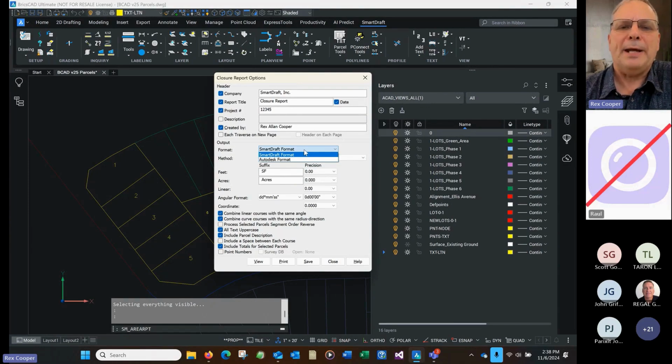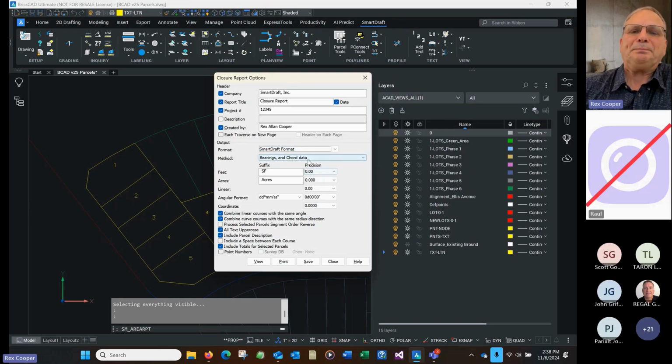We have 2 different formats. If you've ever used Land Desktop, that's the Autodesk format of what a closure report looks like. Then we have a SmartDraft one that we've defined, and a lot of our clients like that. And then there are some different ways of doing the calculations around curves, depending on what your agency requires. Setting your precision values, your angular formats, either with the degree, minute, second symbols, with just dashes, or none, depending on how you prefer to have your angular and bearings